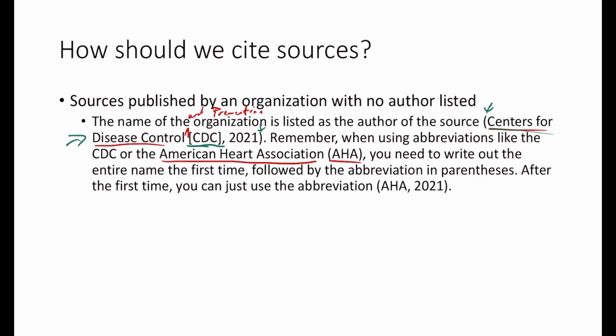Another thing that people will often do is if they use, say, WebMD for the source, they might write webmd.com 2021. But most of those articles on WebMD have somebody who wrote the article, and that will be listed right there on the page. So you want to find the name of that person, and you want to cite that person as the author, not webmd.com or whatever, prevention.com, something like that. Cite the actual person who wrote it. But for a lot of these organizations, sometimes they don't list the individual author, and so then just cite the organization.